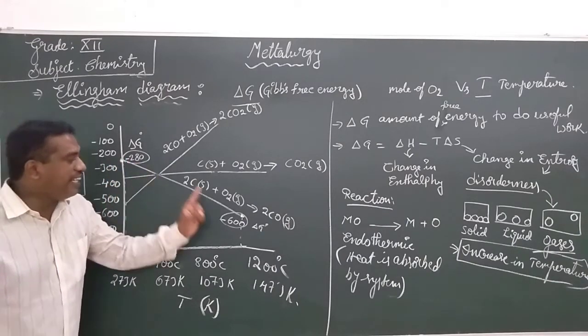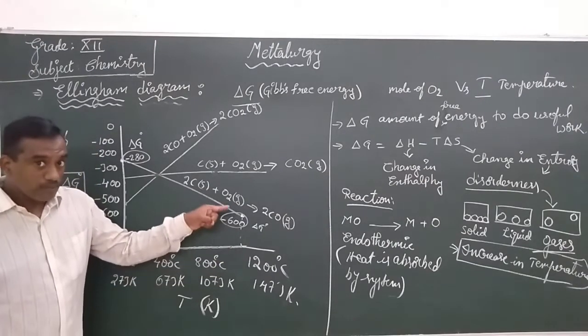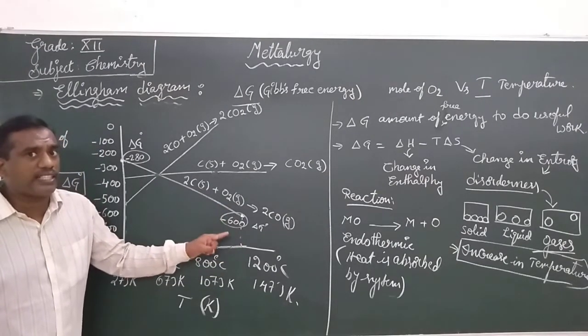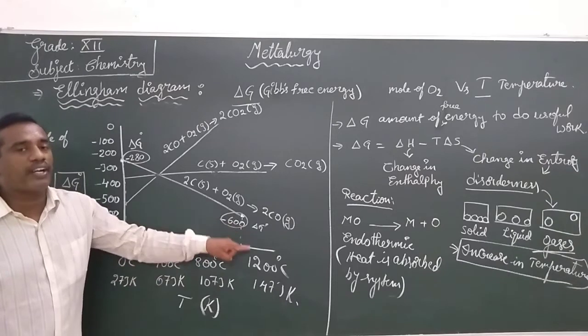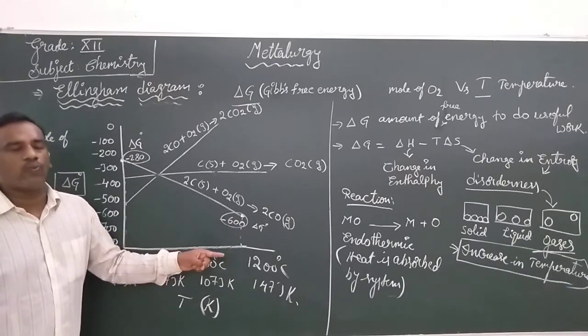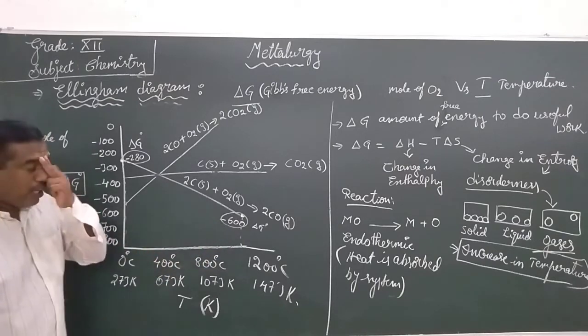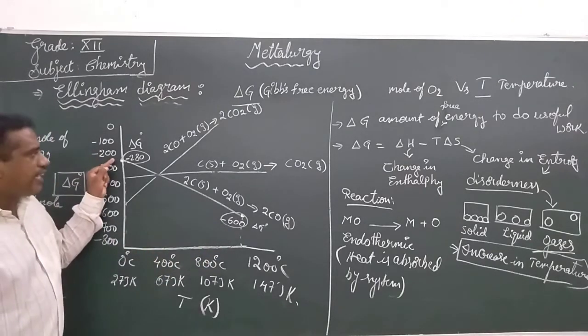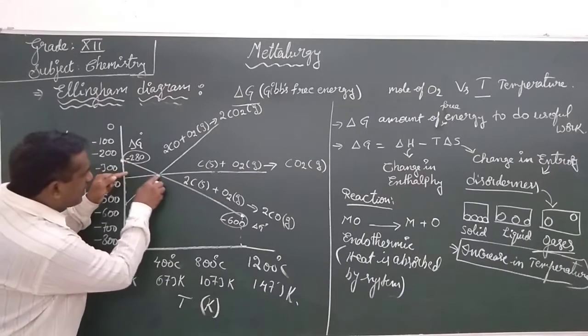But at the ending of the reaction, its Gibbs free energy is becoming more negative. What is happening for the Gibbs free energy? More negative. I am repeating the point. In the starting of the reaction, see this line indicates